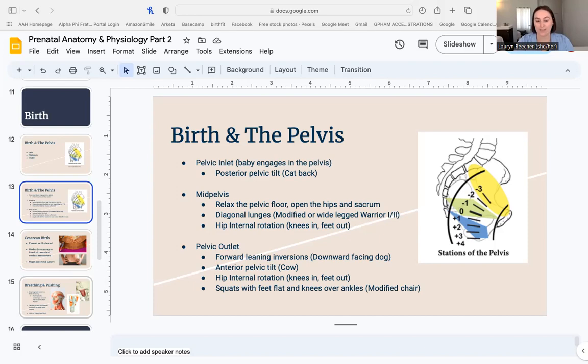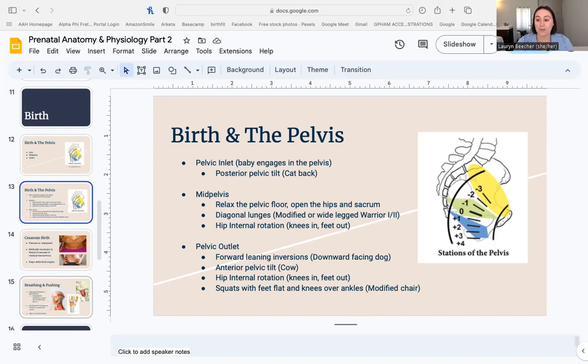the bottom of the pelvis. This is really important when we get into pushing here in a couple of minutes. We don't necessarily want the knees far and wide out to the sides, which is what we think of in any Hollywood movie I've ever seen where someone is laboring and pushing. They've got their knees way up towards their shoulders, knees far out to the sides. That's opening the inlet instead of opening the outlet.